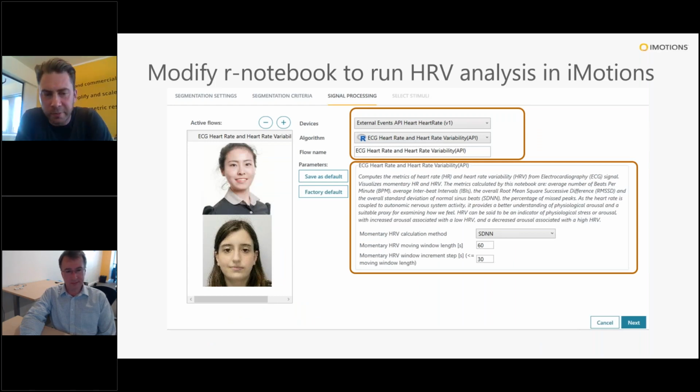And finally, just to highlight some of the features that we have in the software. Back in the days when I started here, everything was hard-coded into the software. So whenever we had to build a new analysis pipeline, that had to be built in the iMotions platform. But we have slowly transitioned all the analysis into R scripts, so we can run R scripts on the time series data in the background. You can take any signal that you collect in iMotions and then modify an R script to run